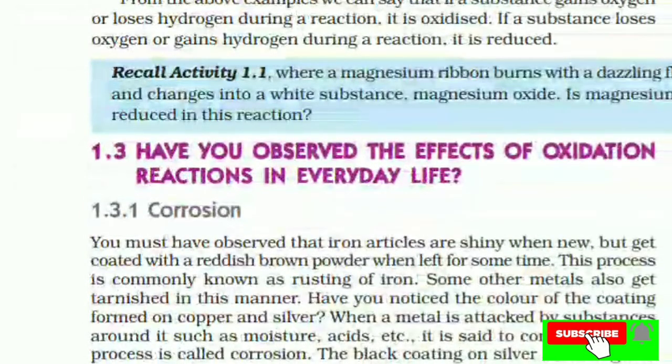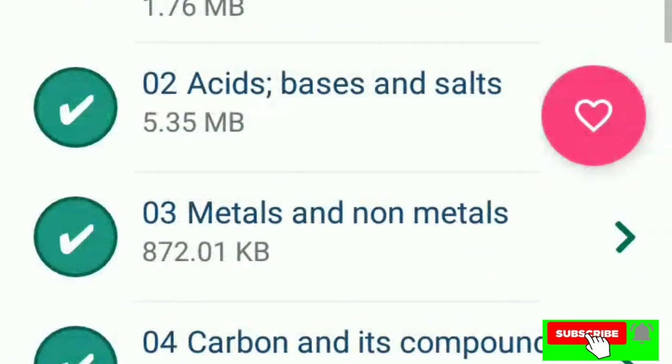So we go back to the chapters. Then is acids, bases and salts. In this chapter you study acids. What is an acid? HCl, H2SO4 (sulfuric acid), carbonic acid H2CO3, then acetic acid. One thing you find common in acids is that there is a hydrogen atom. I am opening this chapter.